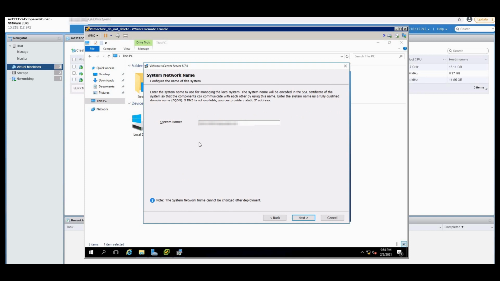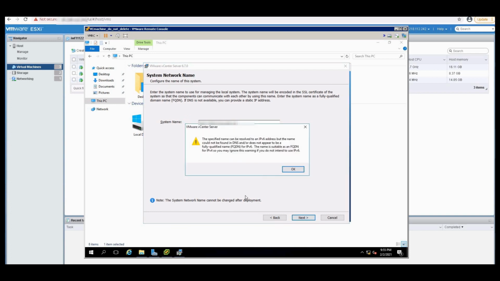So this is my system name. The system name is actually the fully qualified domain name, which is the DNS name. You can check this FQDN, the fully qualified domain name, which is the host name, dot, and your DNS name, from your ipconfig or your host names section. Right now the system name is by default coming as correct only. I have verified it and I will hit next. It is giving me a warning. I'll just click on OK.